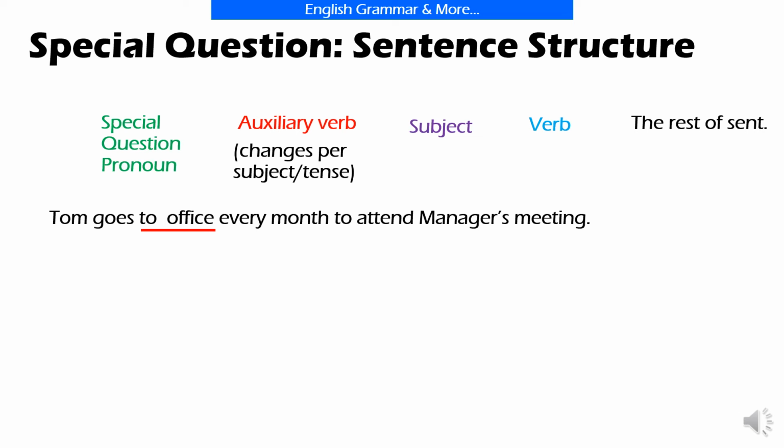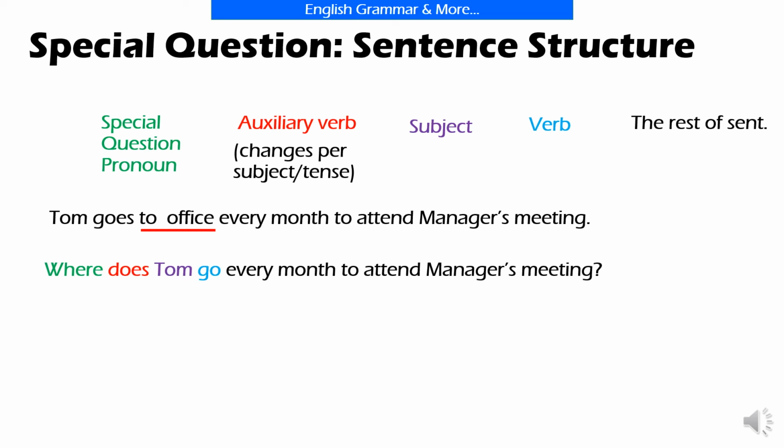If we do not know the location, then we'll ask as following. Where does Tom go every month to attend manager's meeting? As you can see here, we started with a special question pronoun, and then we have the auxiliary verb does, and then we have the subject Tom,